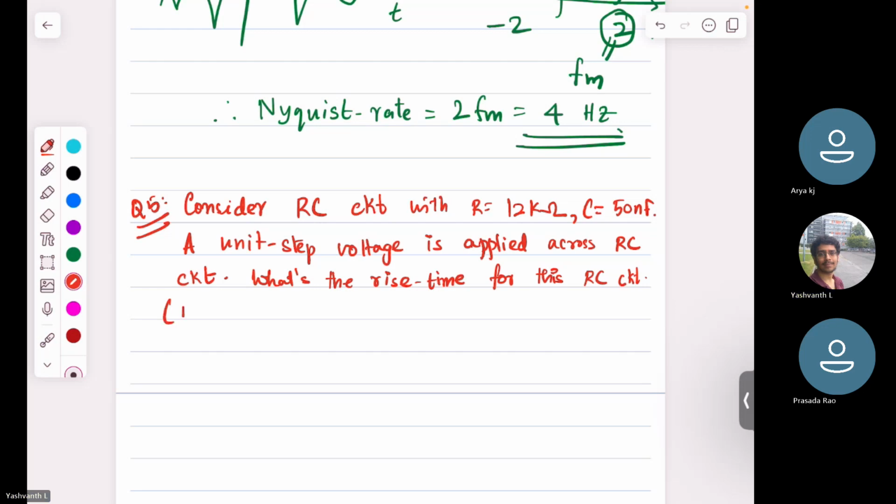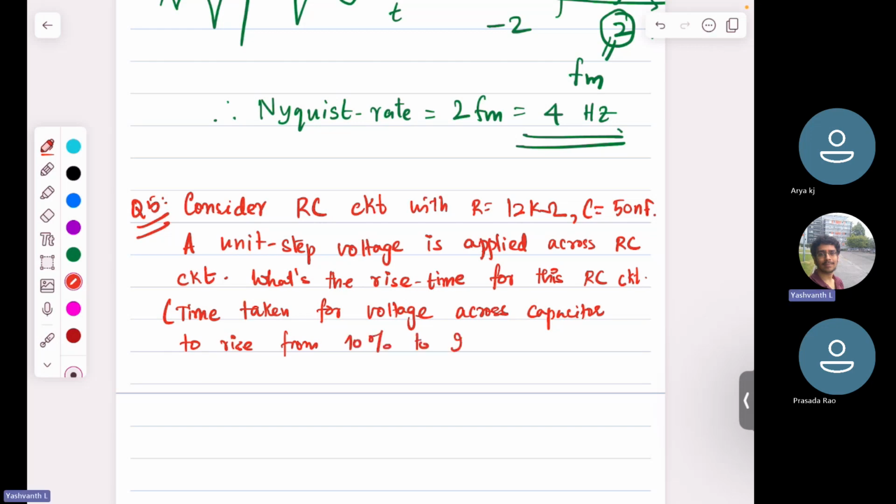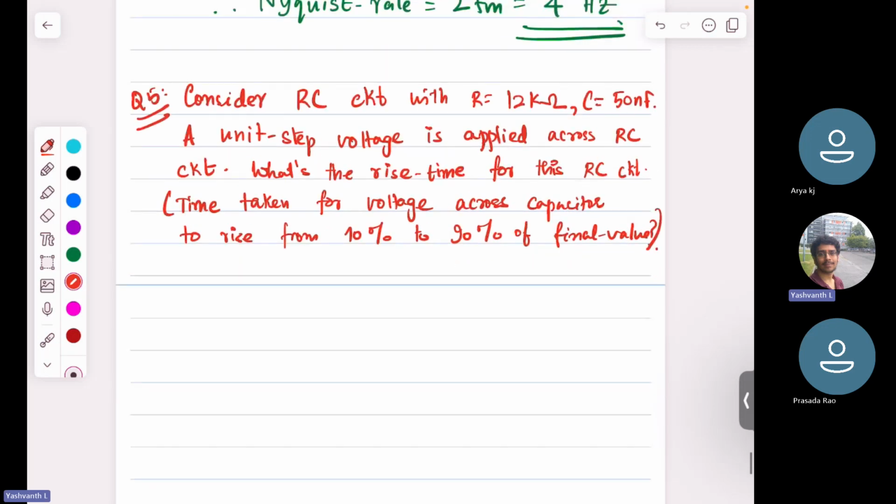Okay, so that is basically the time taken for the voltage across the capacitor to rise from 10% to 90% of the final value. Okay, yeah. So any leads? So there is a direct formula, 2.197 into RC. Correct. Exactly. Yeah. This question is just to ensure that we are pulling out the formula we used in the class. Answer is